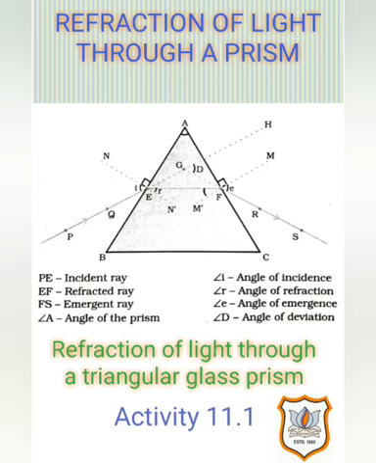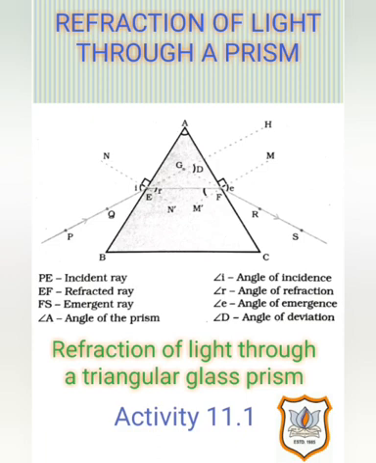So students, the government has provided a new syllabus for 10th science. According to the new syllabus, some topics have been removed from this chapter. The topics power of accommodation and defects of vision and their correction have been removed. So we will start with a new topic, that is prism and the refraction of light through a glass prism.